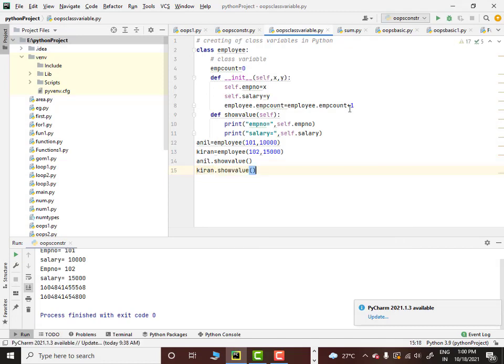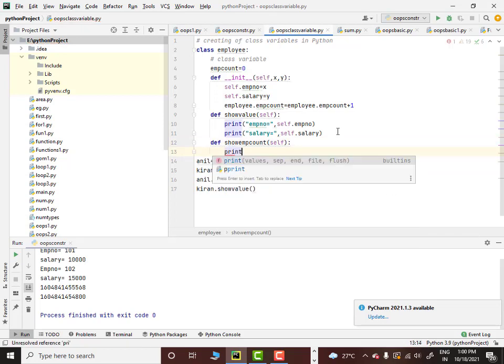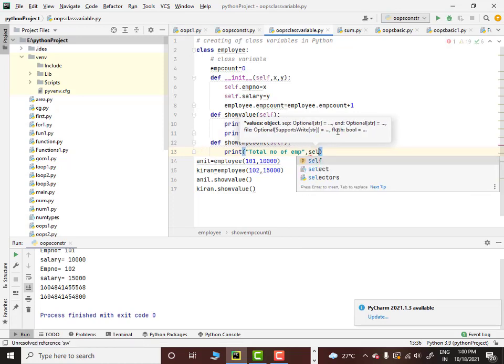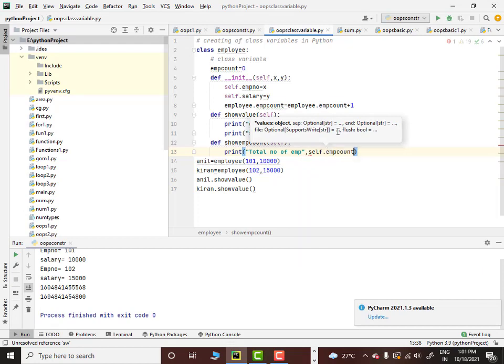But I forgot to write one more function. So we'll have one more function called show_emp_count. Here I'll say print total number of employees, comma, self.emp_count. I think that should complete my program.